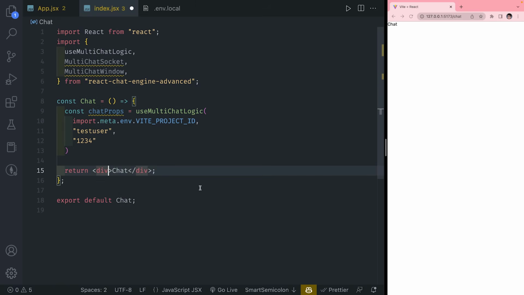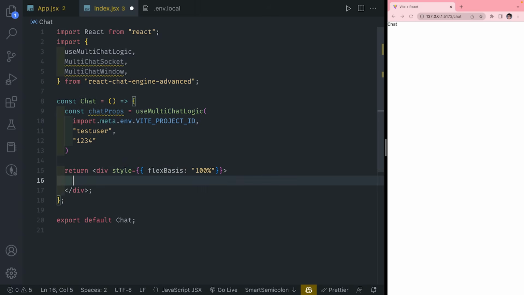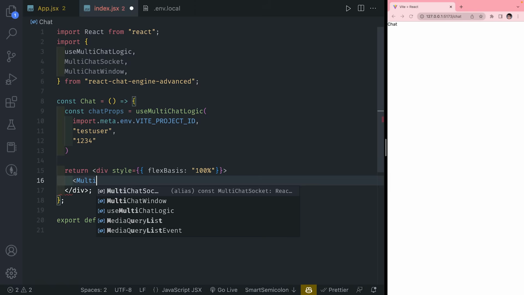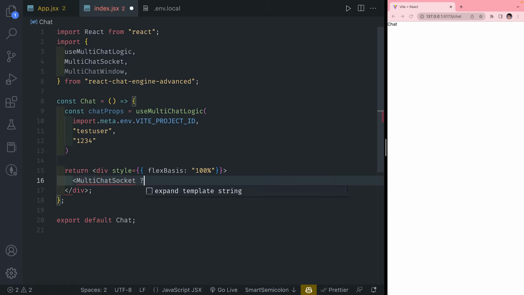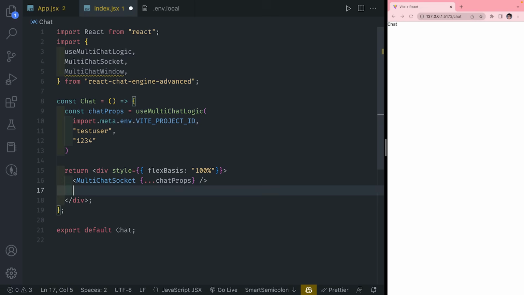All right. And then from here, the one styling I do need is I'm going to set this flex spaces to be 100%. And I'll cover what this will do so we can take the full width of the entire window. And inside here, I'm going to erase the chat and I'm going to put MultiChatSocket like so. And the only thing we actually need to pass into this socket is for us to connect, and we're just going to pass in chat props. So this will render our component and it'll give us authentication that will provide us to connect to